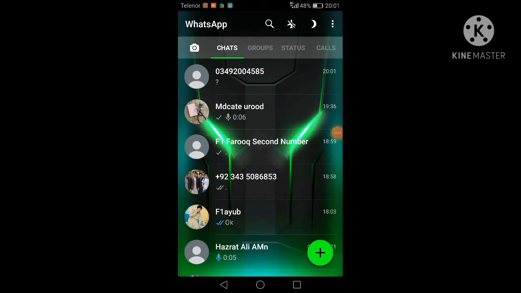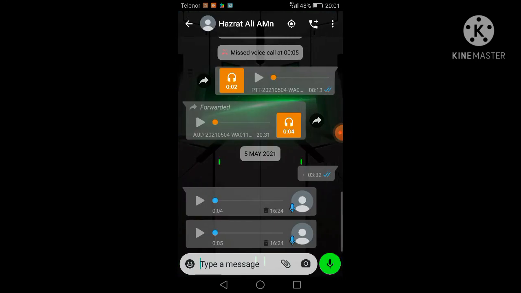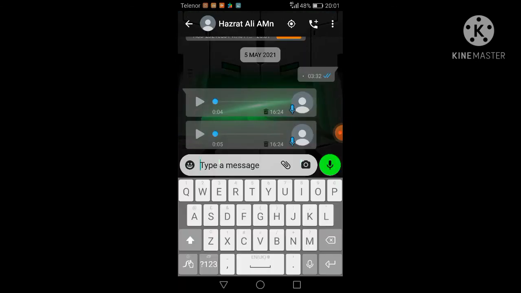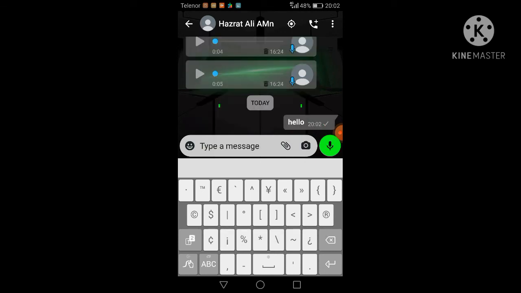Okay, now we enter the text information. What is the text, and how can you write text very easily? Just click here, how to bold your text on WhatsApp. So just click here and click on the three dot, click on these, or you know that button, this is the star, and write anything. Hello, I write hello. So this is not in the bold form. If you write this star on both sides, then hello will become bold.